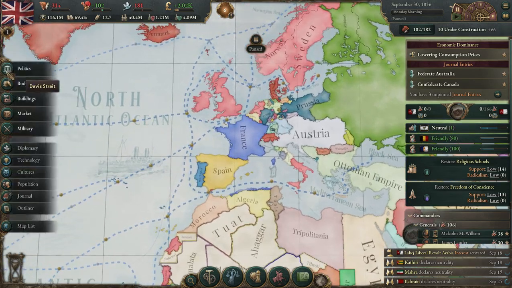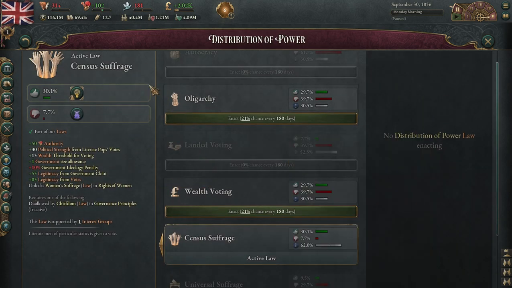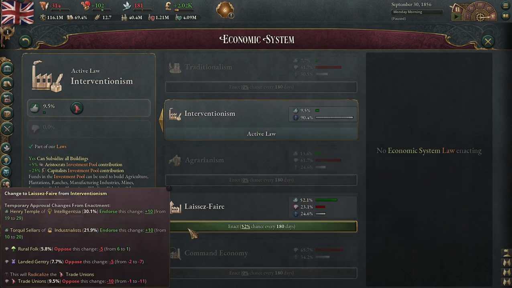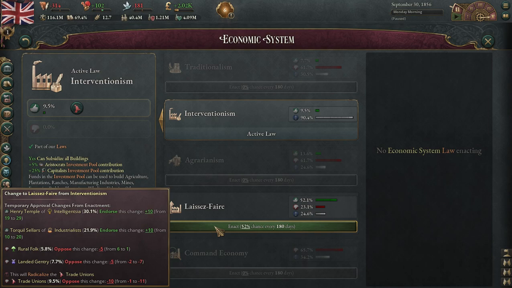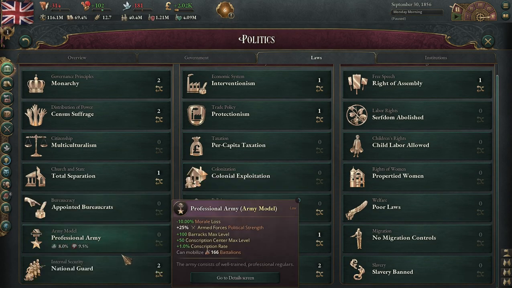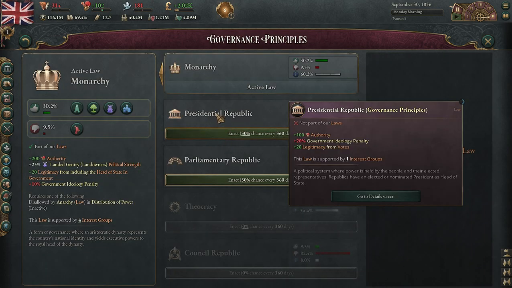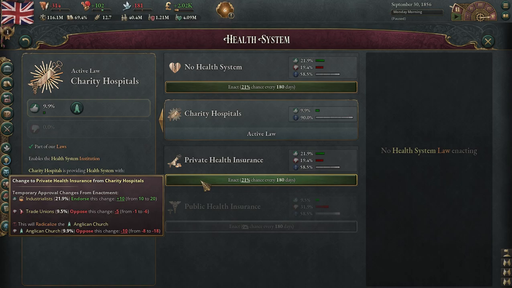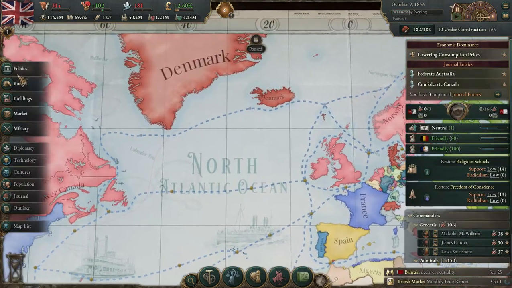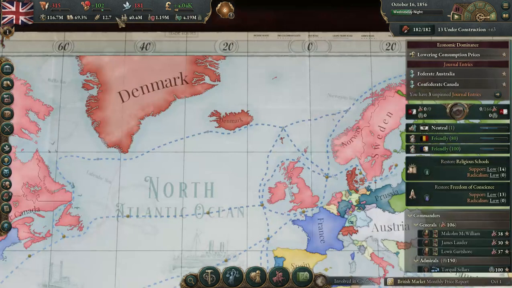And is there another law we want to push through? We definitely want to stick with interventionism for now. We're going to need that to really work our way to where we need to be. I need more authority to suppress them, so...